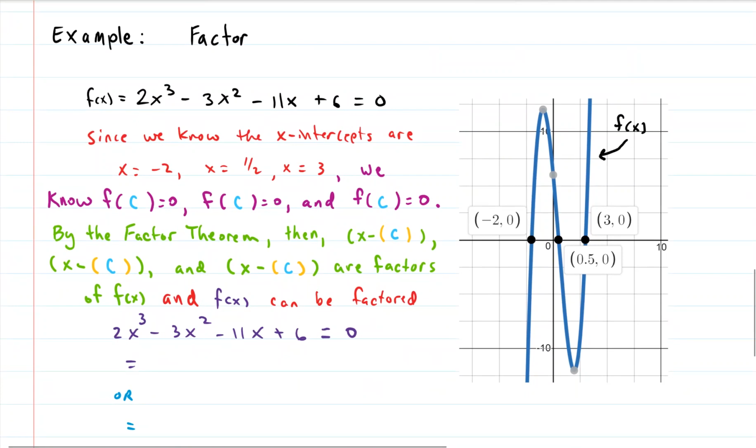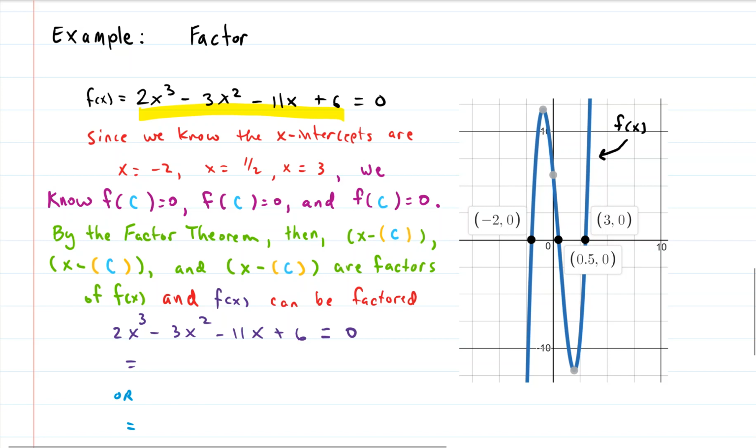Let's do an example here with the factor theorem. So say I'm given the function 2x cubed minus 3x squared minus 11x plus 6 equals 0. This function there. And I say factor that. Well, it kind of looks nasty, right? I guess I could start with factoring by grouping, but I don't even know where I would start because I can't pick two groups